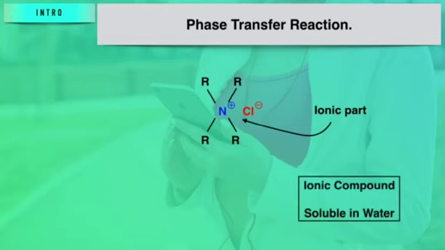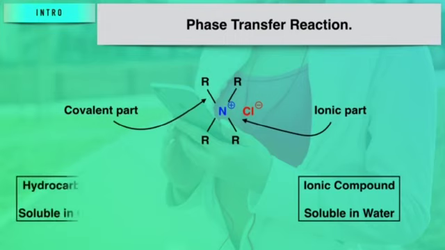At the same time, it has 4 hydrocarbon substituents on nitrogen. So when I say quaternary ammonium salt, that means R4N+ X-, a quaternary ammonium halide, for example. So it has such a heavier hydrocarbon part in the form of a positive charge, with 4 hydrocarbon substituents present on the nitrogen. Because of such a heavier hydrocarbon portion attached to it, it is also soluble in organic solvents.